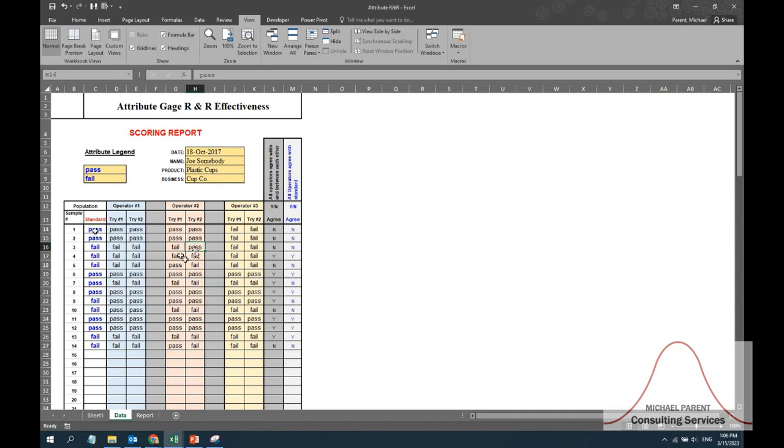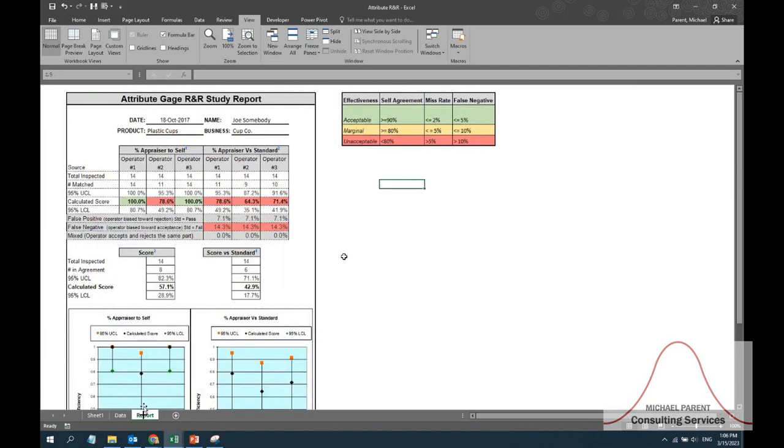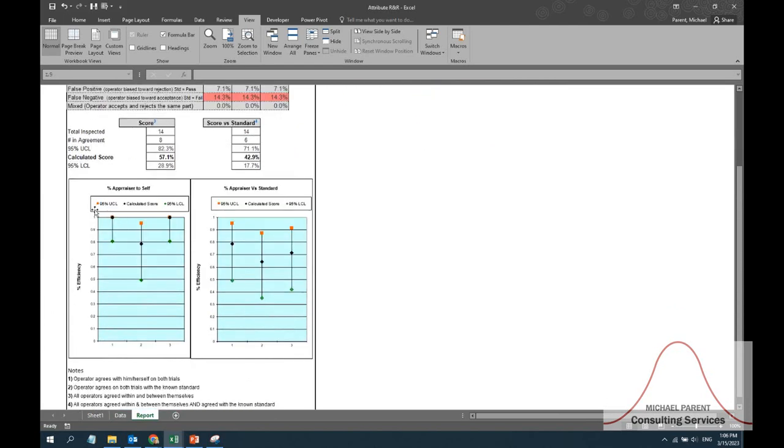So that's what we do, is we just run trials with different operators, looking for agreement within the operator and between operators and agreement with the standard. And then our outputs look just a little bit different. We won't bore you with the data up here, but essentially this data populates these charts. And what these charts show us is really the variation between operators and from standards. So you can see here that operators to standards, very, very good. There's almost total agreement with all of these.